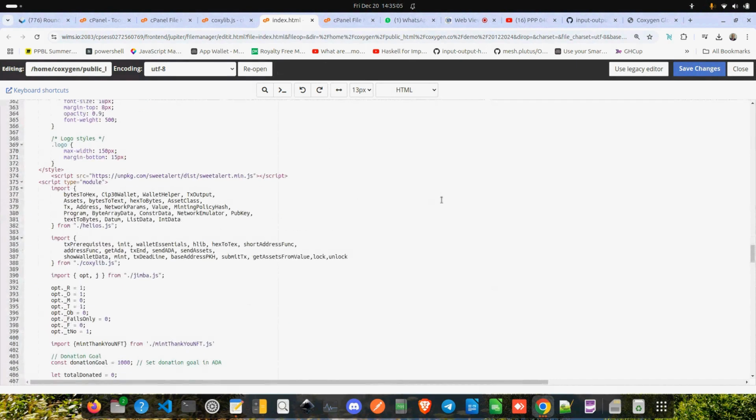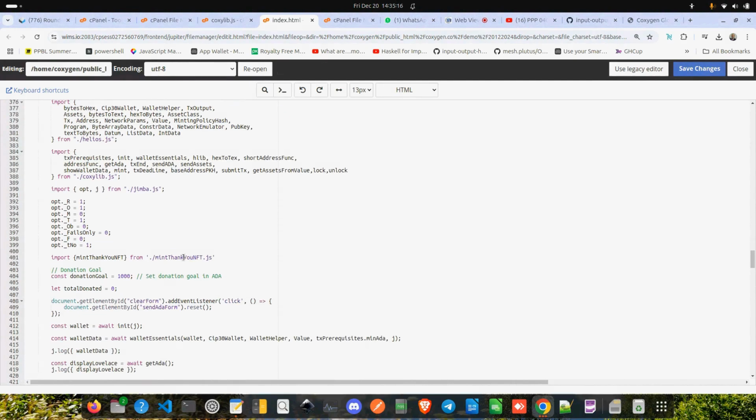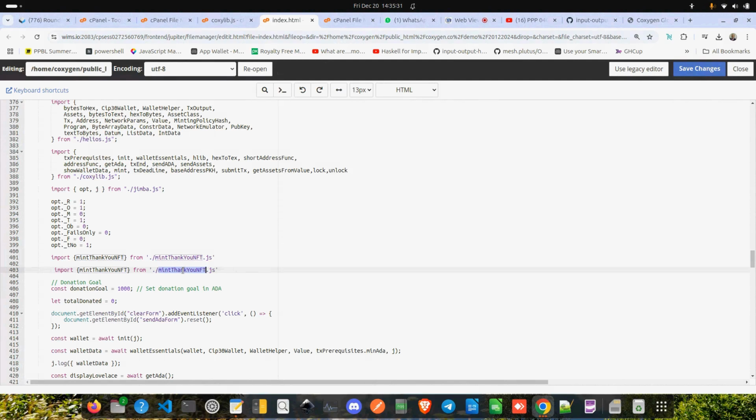So here you need to import the script. Let's get to here where we are importing it. Yeah, there it is. So here we are importing this mid thank you script. This one is working. So you can see this script is working. So here you call it, I don't know what name you call it. If you call it donation, I'll show you. Once you call it donation script here,